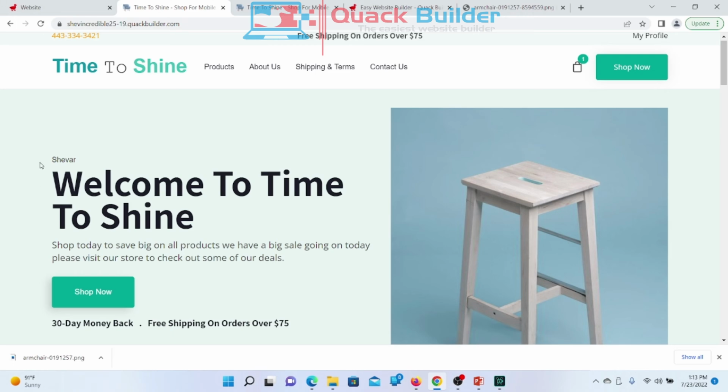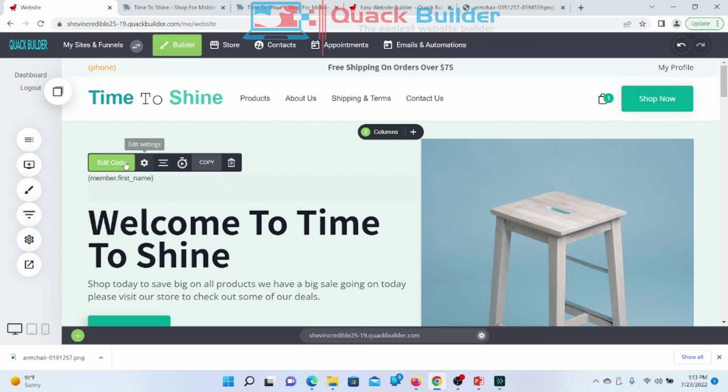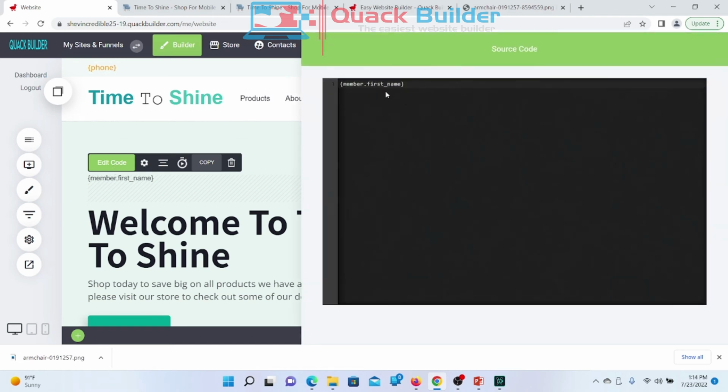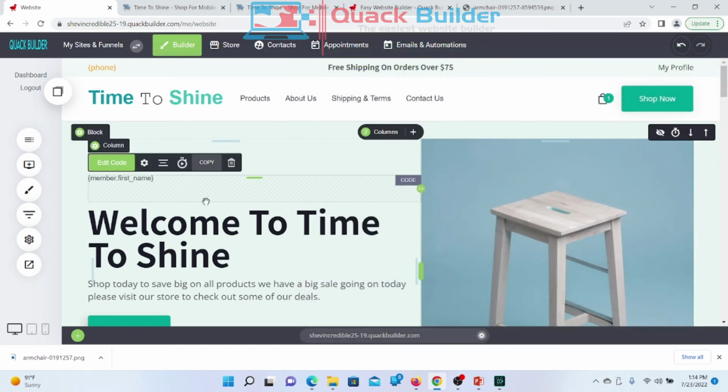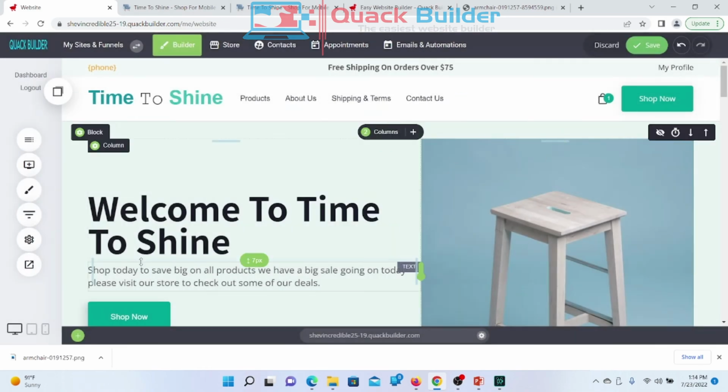All right, Shavar. Not the best way to use it because it should be in a membership site, but just to let you guys see how it works. Okay, so it says Shavar right there, member first name. All right, so every time that I log in anywhere this code is at, it's gonna call my name, Shavar. If I delete that, I'm just gonna delete that real quick. So that's how you use